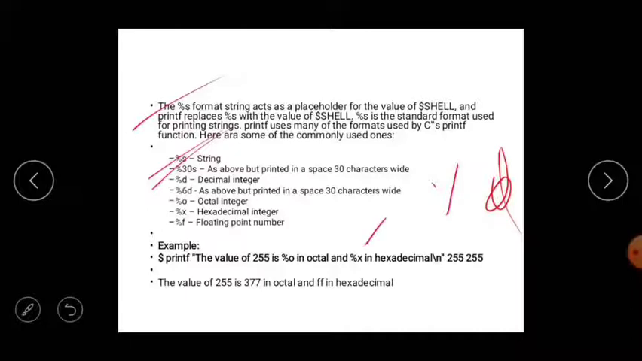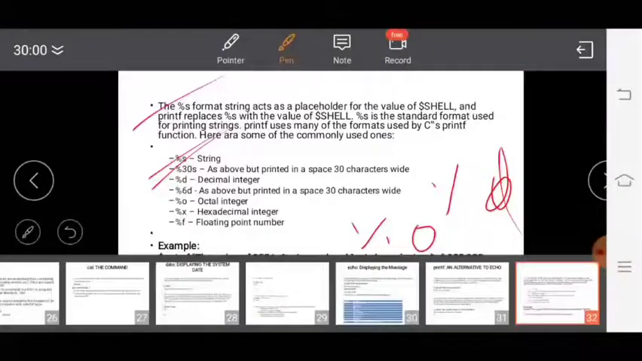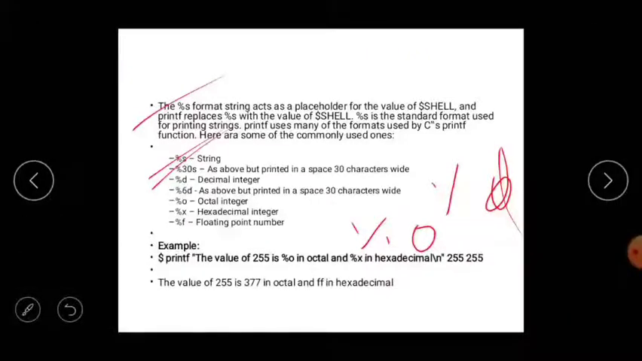Next, percentage o is for octal integer, to print an octal integer. Percentage x is for printing a hexadecimal integer. And percentage f is for a floating point number. For example,